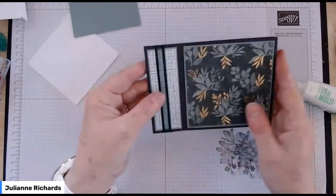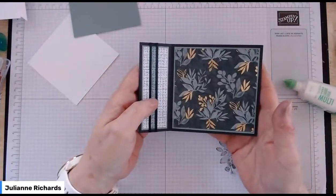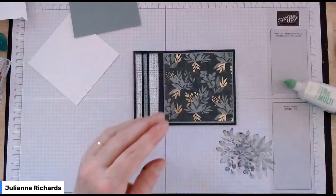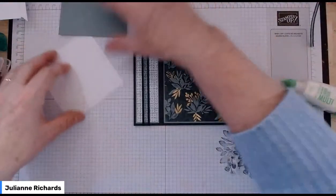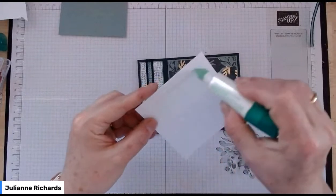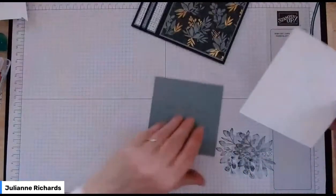Okay, so we've got that there. So that's really sweet, isn't it? Actually, I think I could have liked a darker colour on that side. But anyway, now I see it, but that's okay. I can live with that. The ribbon's going to cover it over to a certain degree. I might as well pop that in as well. So a white layer onto the extra soft succulent,